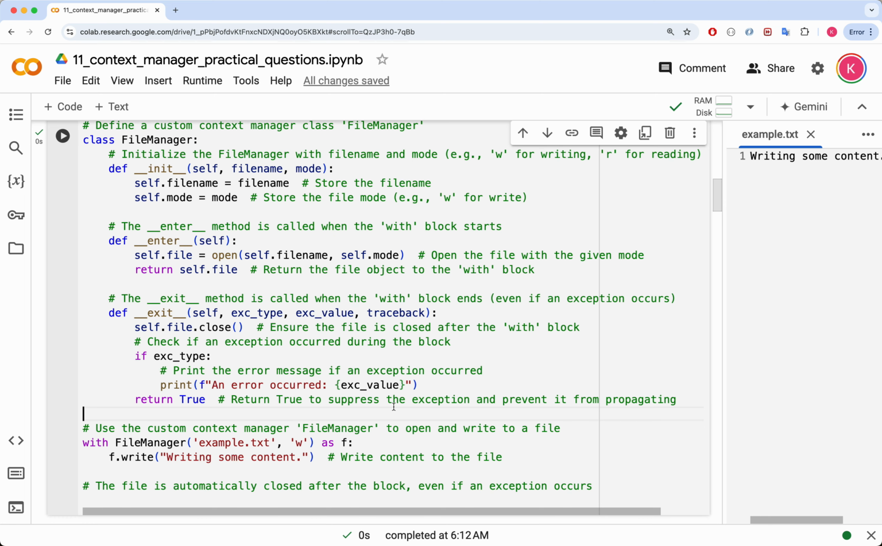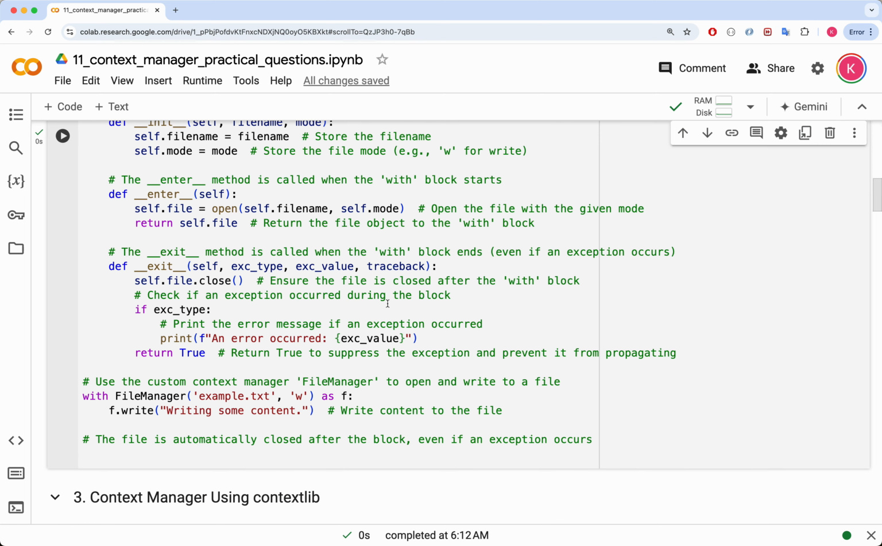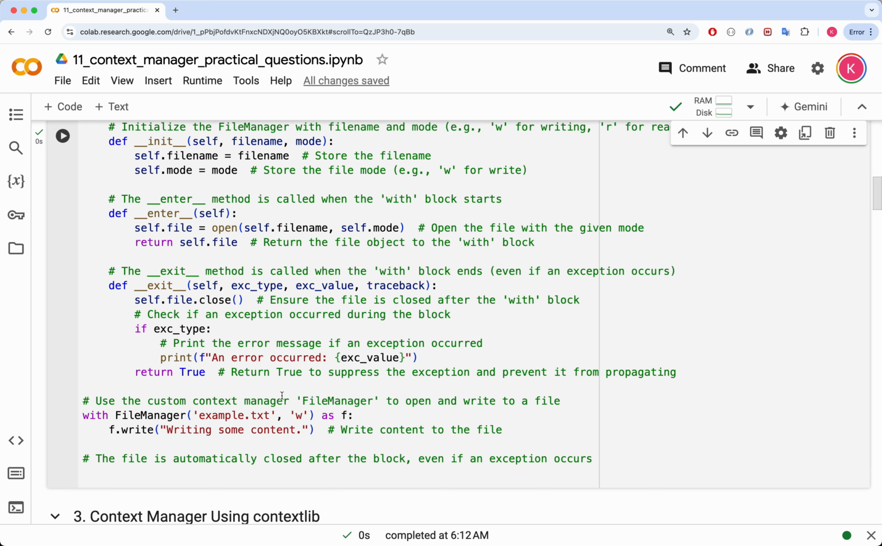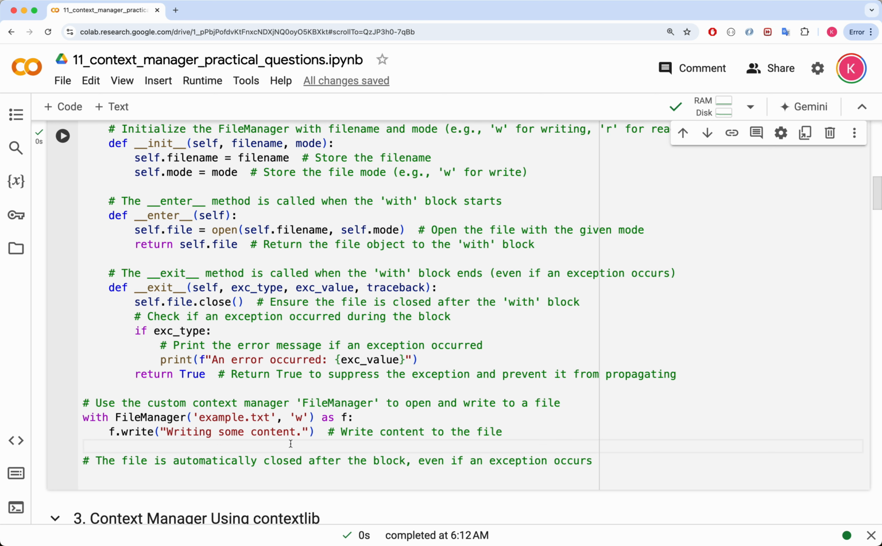file and gracefully manages any errors. Using this custom context manager with the with statement simplifies file handling and reduces the risk of leaving files open accidentally, which can lead to resource leaks or file corruption. It ensures that the file is always closed properly after use, providing a safer and more reliable way to manage